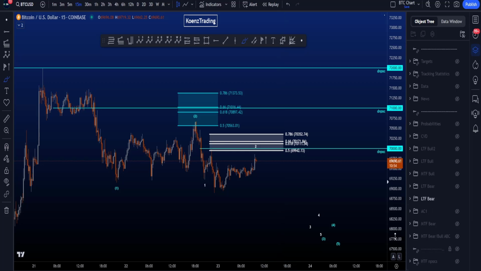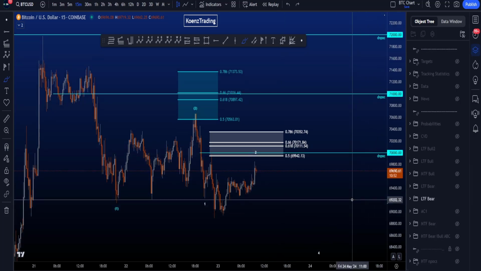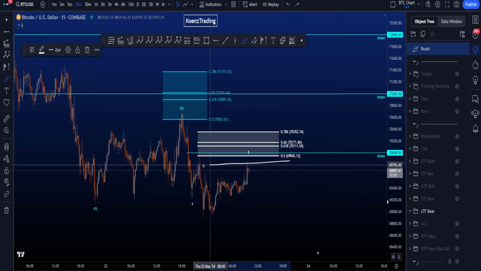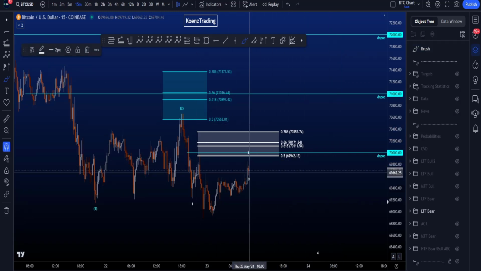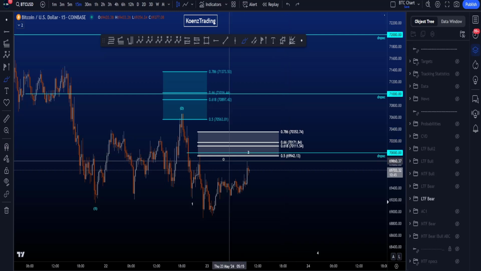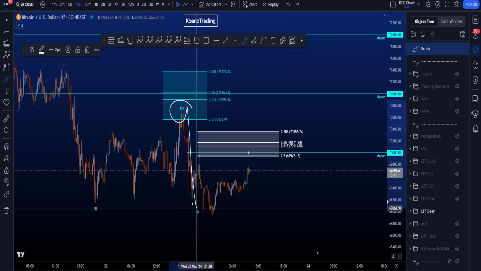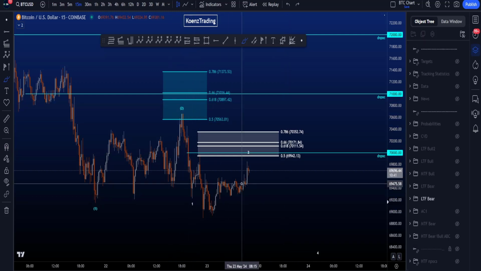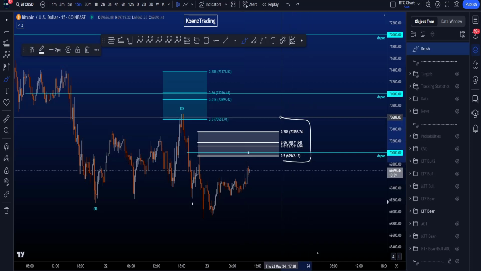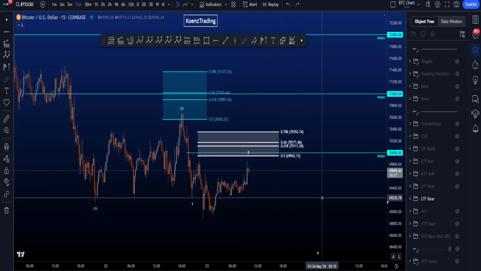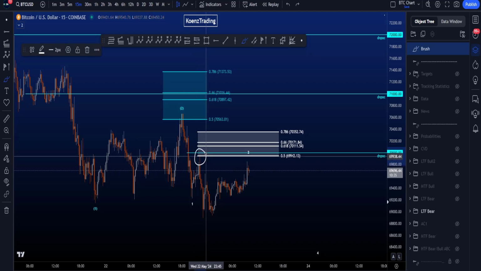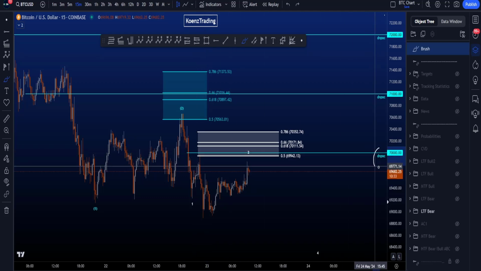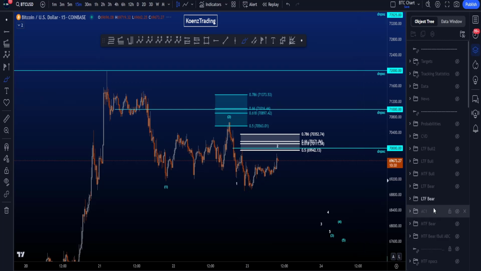3. The resistance above price is the daily naked point of control at 70k inside the common target area for your white wave 2, which is the 0.5 to the 0.786 Fibonacci, taken from the high to the low of this wave 1, giving you a target between 69.9k and 70.3k. As you can see, the 0.5 has already been touched, but the daily naked point of control is always interesting